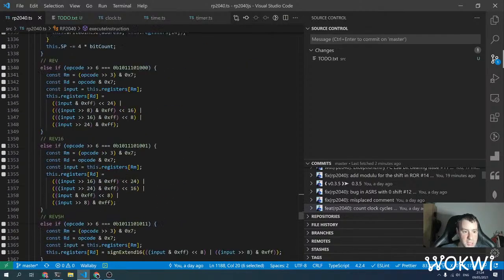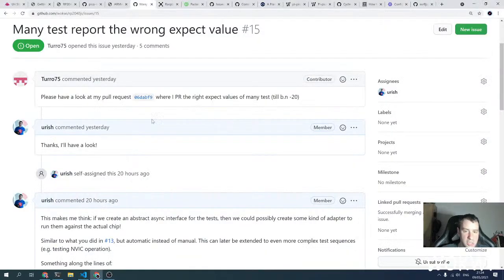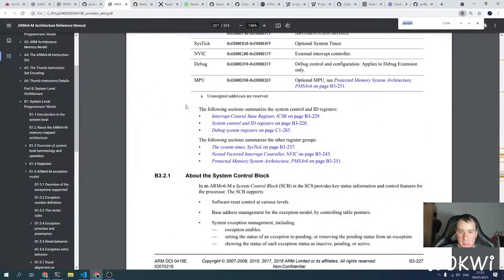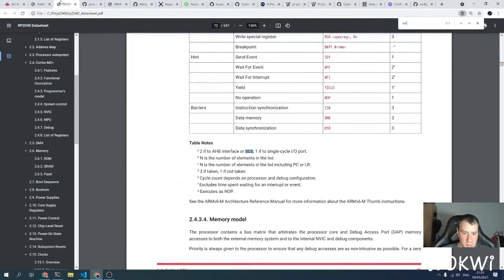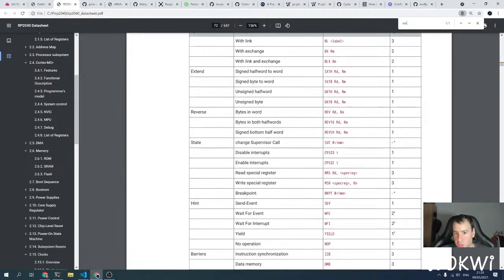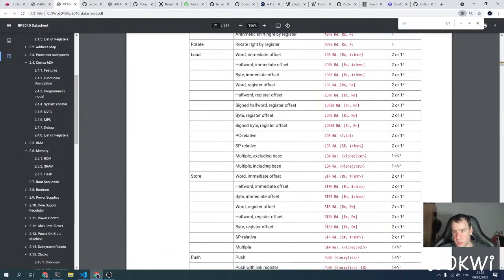The first thing I did: we had this cryptic thing in the datasheet where it said that for some of the instructions, so that's something we did yesterday, adding those cycle counts, and for most of the LDR and STR instructions,